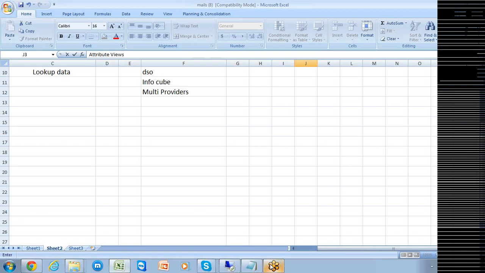Now let me tell you two things here. Attribute views, right? You're asking one question. The attribute views in HANA are mainly to load the master data. No. Attribute views are supposed to be created based on the master data structures you have there. Whether you load the data or not is a different issue. That can be done at a later point of time.